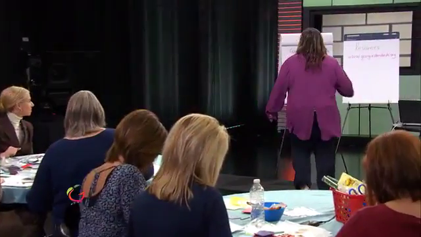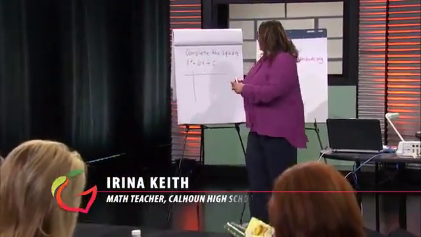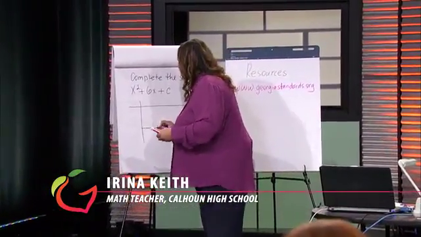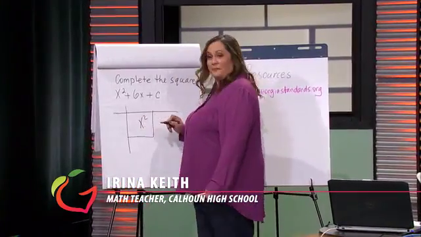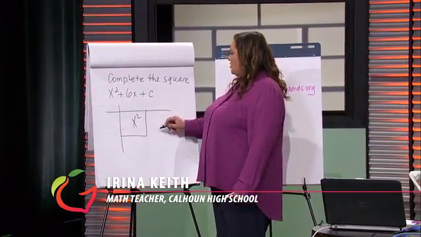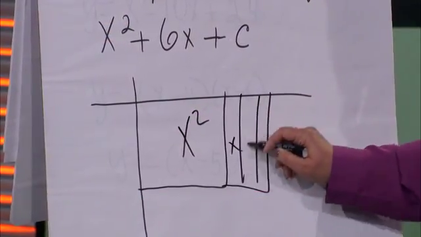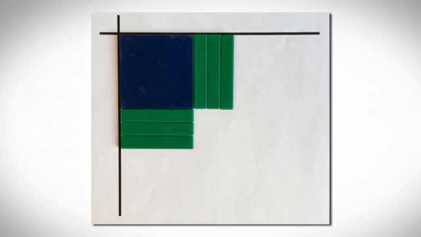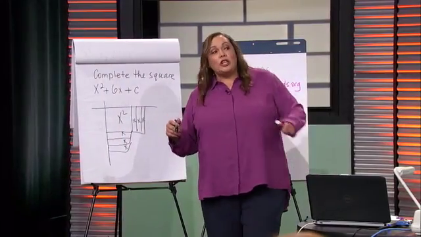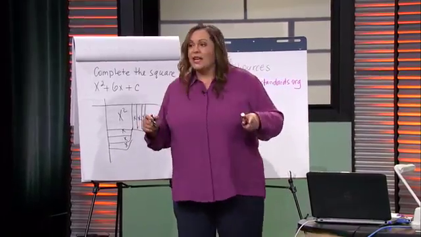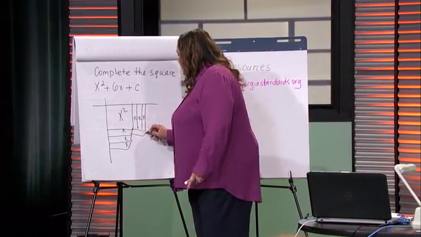So I'm going to now draw the picture that you all have created. X squared. And how many x's did you put on this side? Three. All right. How many x's on this side? 3. Had to be the same since you told us it has to be a square. And it's interesting to watch kids because some of them will start making rectangles and I go, no, it's supposed to be a square. So you have to add,